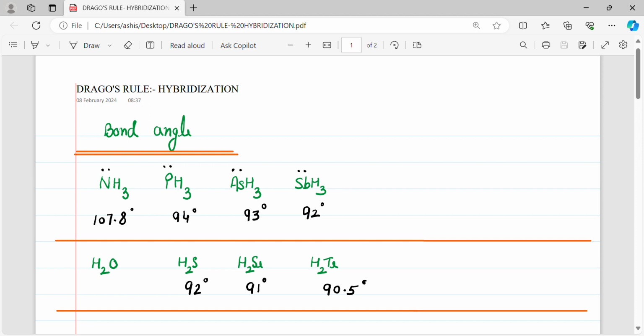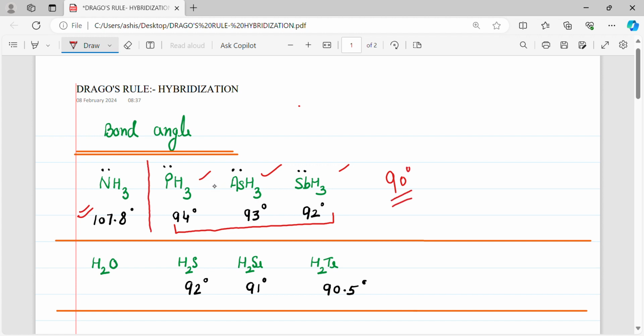Hello guys, today we will discuss Drago's rule, which is a very important rule related to hybridization. If we consider the bond angle of NH3, PH3, AsH3 and SbH3, there is a large difference between the angle of NH3 and all the other hydrides. The bond angle of PH3, AsH3 and SbH3 is almost the same, around 90 degrees,